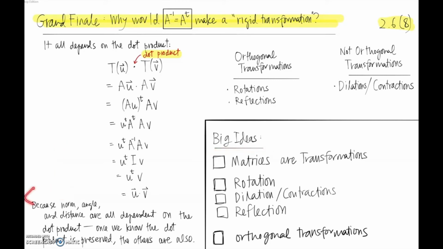Okay, so we have some big ideas for today, but first I wanted to write down all of the reasoning of why we went through this, because norm, angle, and distance are all dependent on the dot product. Once we know the dot product is preserved, the others are also. Okay, today's big ideas were,